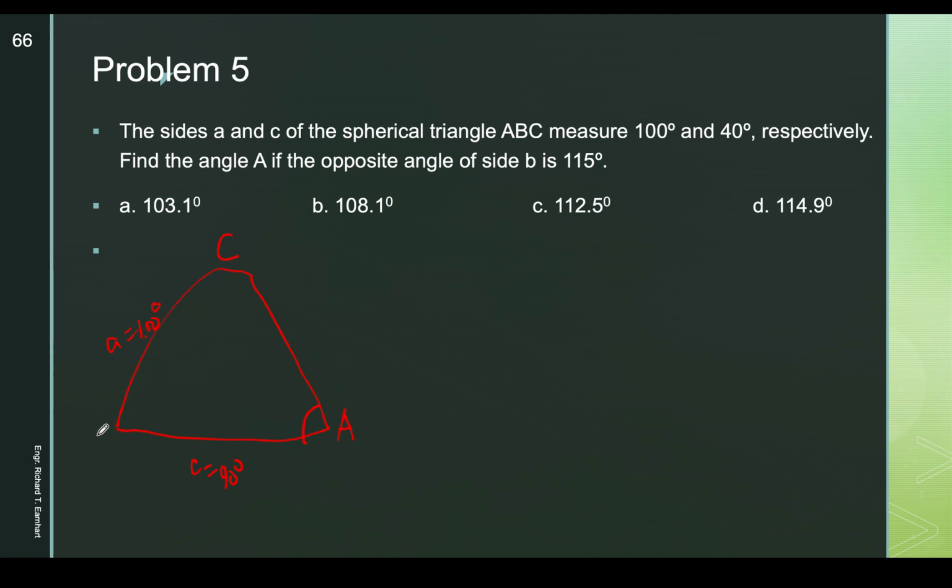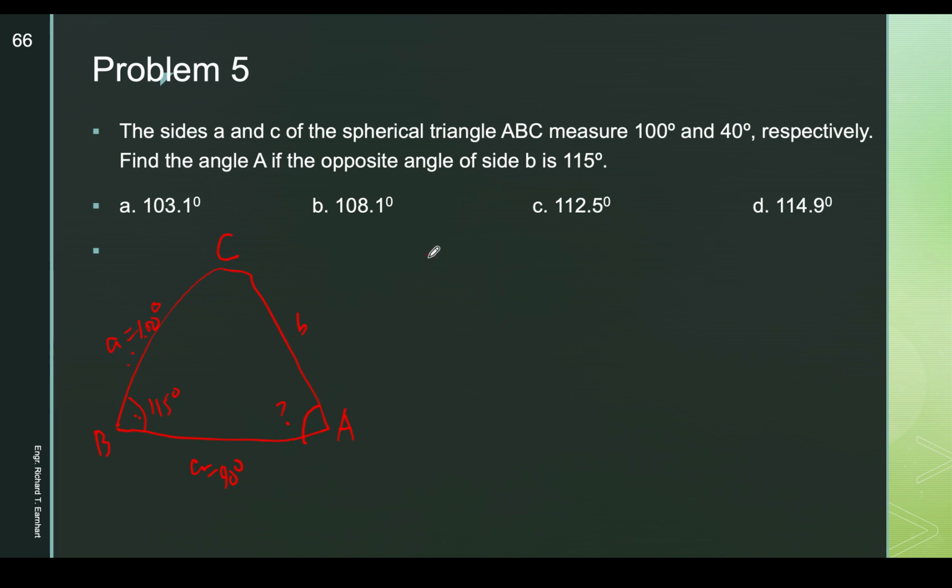And okay, so this is angle B, and then now angle B opposite. Find the angle A. So this is what we want to know. If the opposite angle of B is 115, so this is 115 degrees. So this is S, side angle side, no? So we use cosine